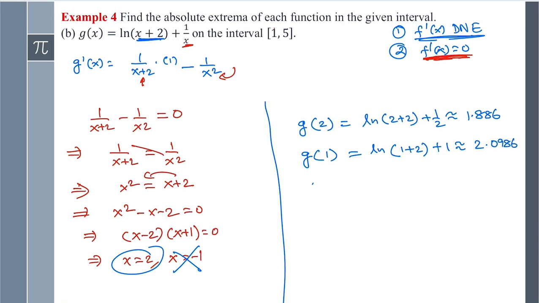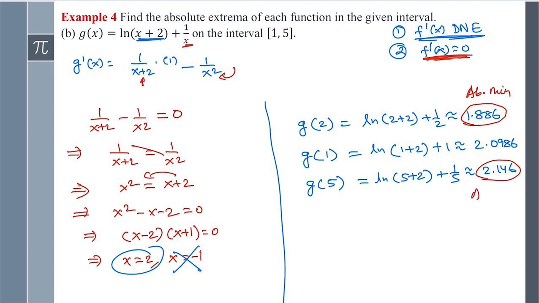2.0986. Now similarly, we'll evaluate the function at the other endpoint, which is 5. So natural log of 5 plus 2 plus 1 over 5, and approximately that's equal to 2.146. Now clearly, you can see that we have the absolute minimum. The smallest number here is 1.866, so that's the absolute min, and the largest number is this one, so that is the absolute max. Okay,